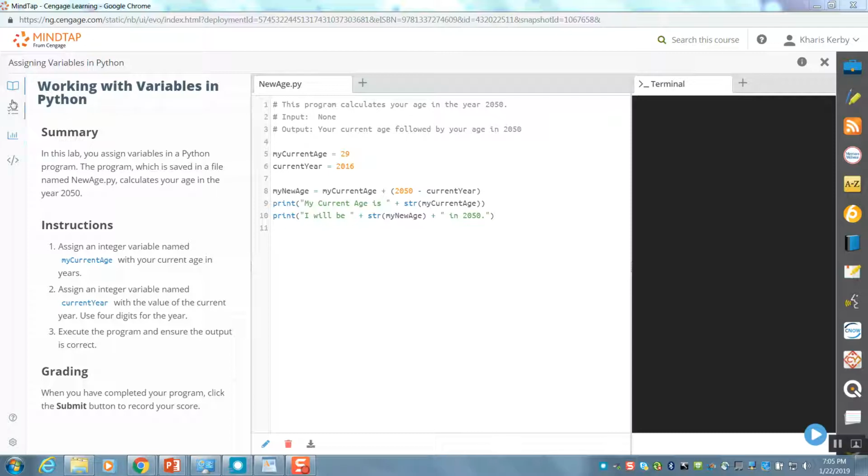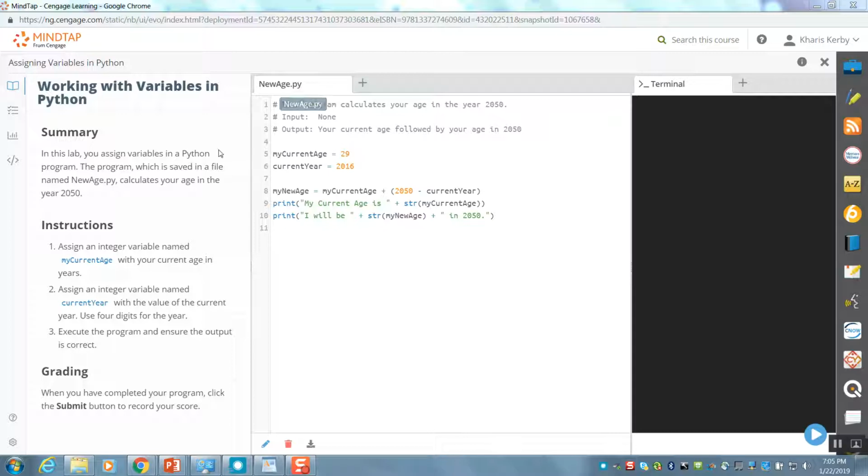So again, these are the two buttons that you will always use. First thing is to understand the instructions given. So for this one, we're going to navigate how to declare variables in Python. You would see the title at the top, NewAge.py. I provided for the solutions, so please check that. For the most part, I do provide for the solutions so that you can really check what's going on with